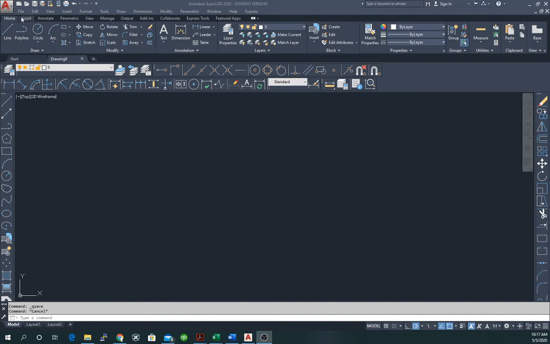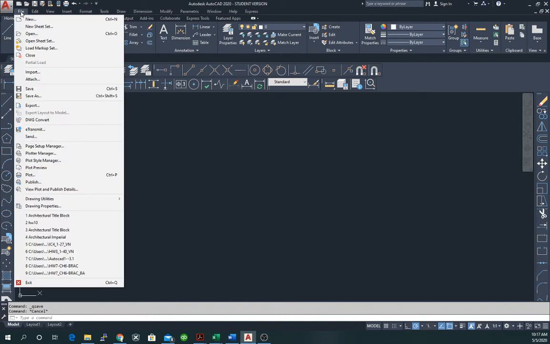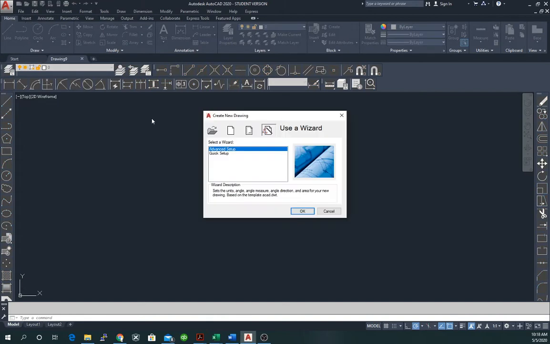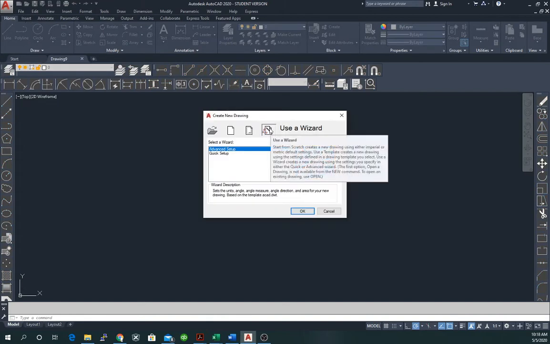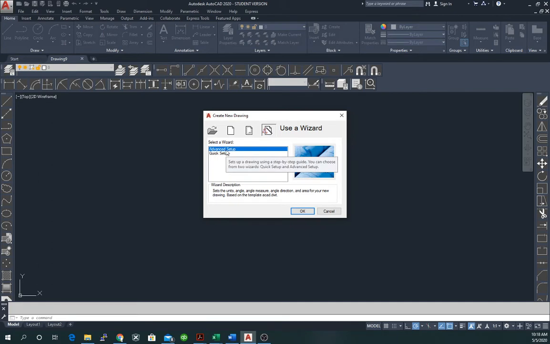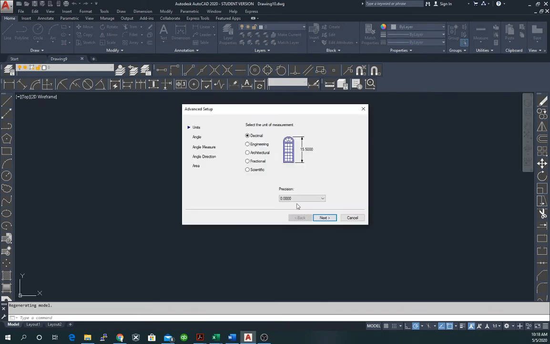So let's start by doing the following. Go to File, choose New, and then we're going to use the wizard. Now in the wizard, choose the Advanced Setup, hit OK, choose the architectural settings, set the precision to 0 feet 0 inches, and go ahead and click through